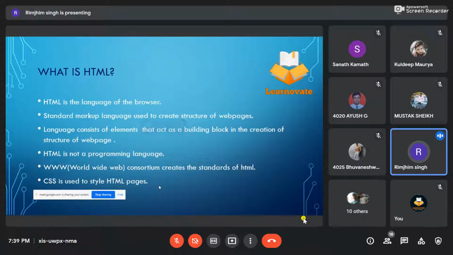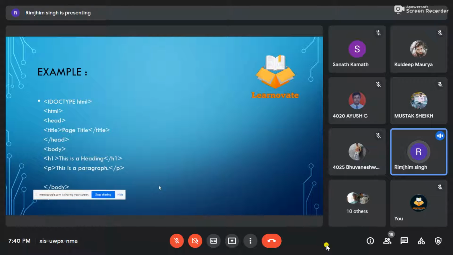I'll also tell you how CSS and HTML differ from each other. And this is the basic structure of how my HTML program would look. Every time I'm writing an HTML program, I have to make sure that I'm starting my program with doctype HTML, which would be my declaration for any kind of